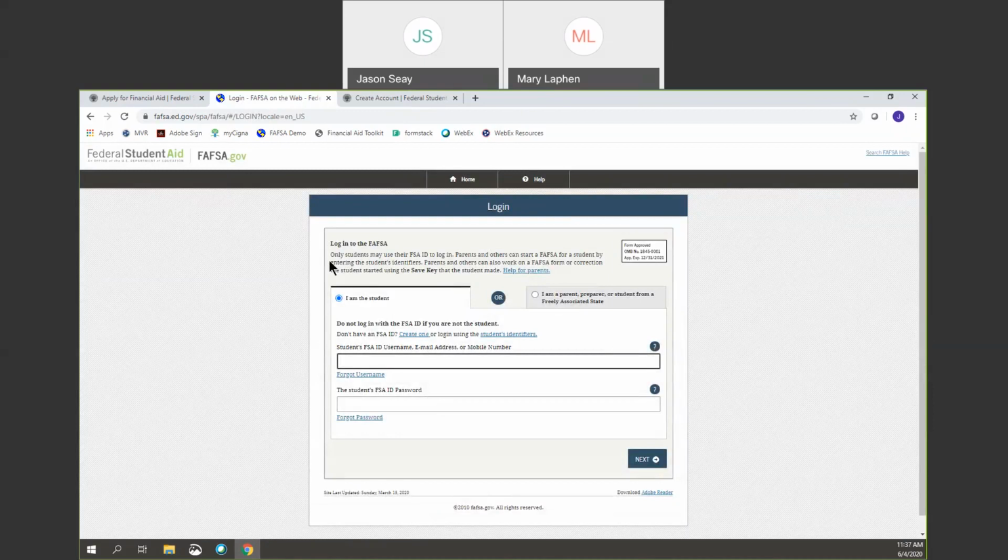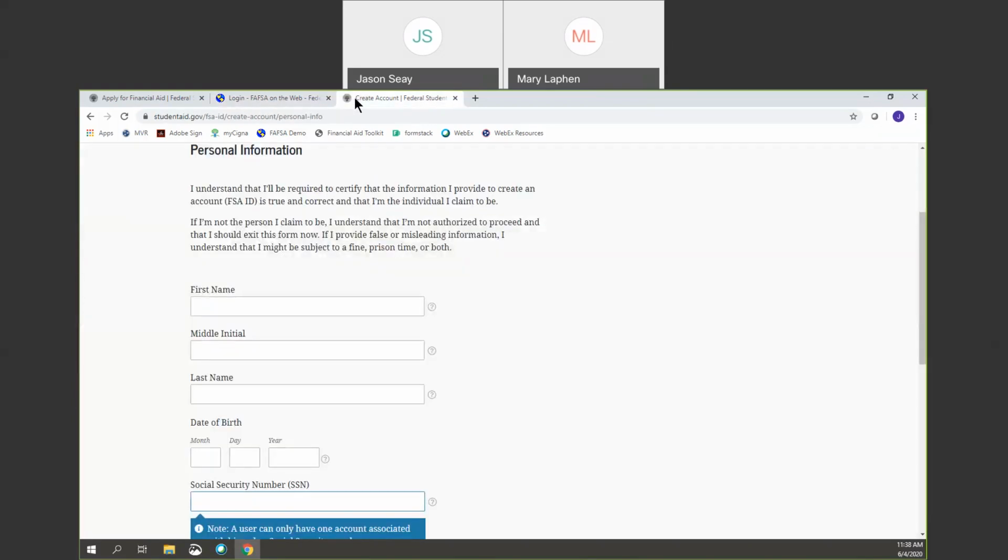So that's why I think it is advisable for a student to create their username and password first. On the other hand, we encounter students all the time that, hey, yes, you in fact maybe did do a FAFSA 4 or 5 years ago, or you have student loans, and this is also the time where if you go to begin creating that username and password and all of a sudden the system says, whoa, stop, you already have one created, that also gives you an idea, and also gives me as a professional an idea that, hey, we may need to troubleshoot